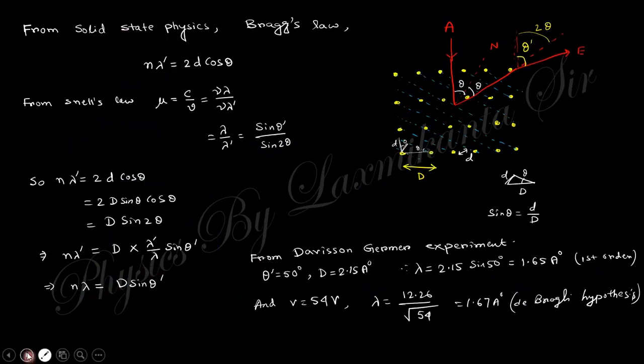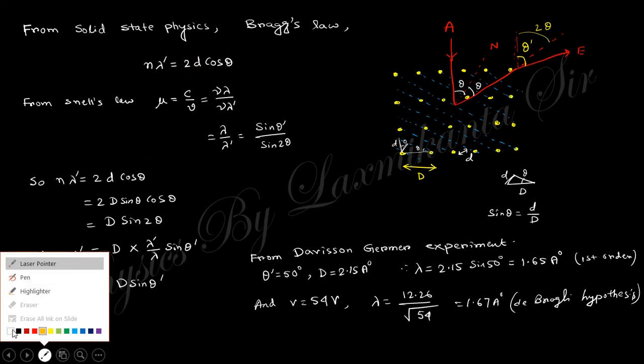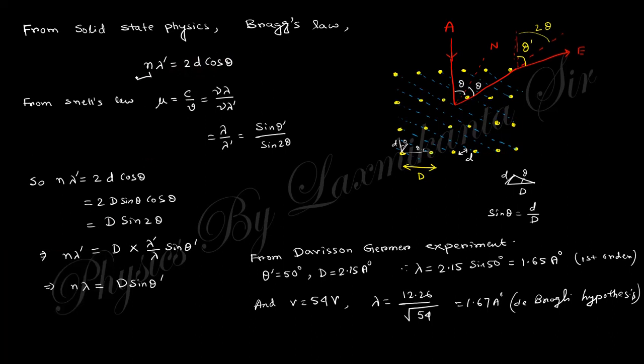Now comes the theoretical part. From solid state physics, Bragg's law says that n lambda prime equals 2d cos theta, where n is the order number, 1, 2, 3, 4, like that. So this is Bragg's law, and from Snell's law you can see here that mu is